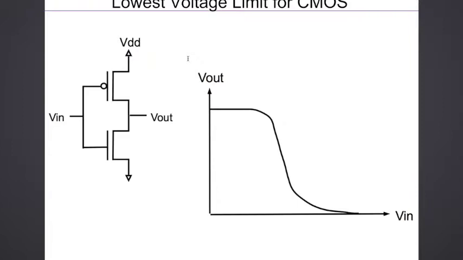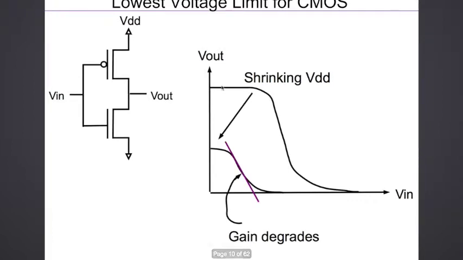You have the inverter, and you have this DC switching characteristic of the inverter, where what we have plotted is the output voltage as a function of the input voltage under DC conditions. That means you have a particular input voltage, and you see what the output voltage is. And you have seen this kind of step type DC transfer curve, where at the origin this is 0, and here you have the maximum VDD which you put to the inverter. So when the input voltage is 0, you have the maximum output voltage, close to VDD. Now,